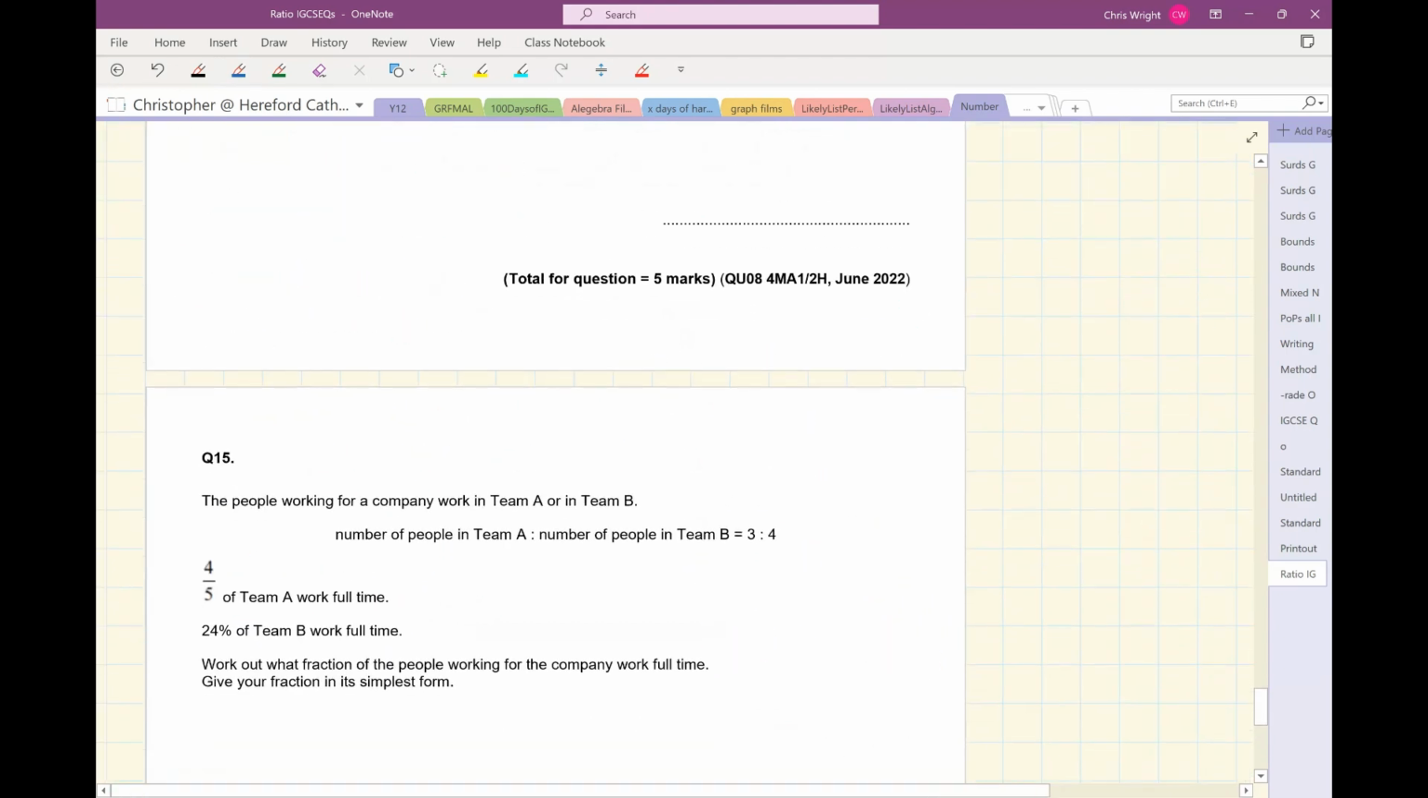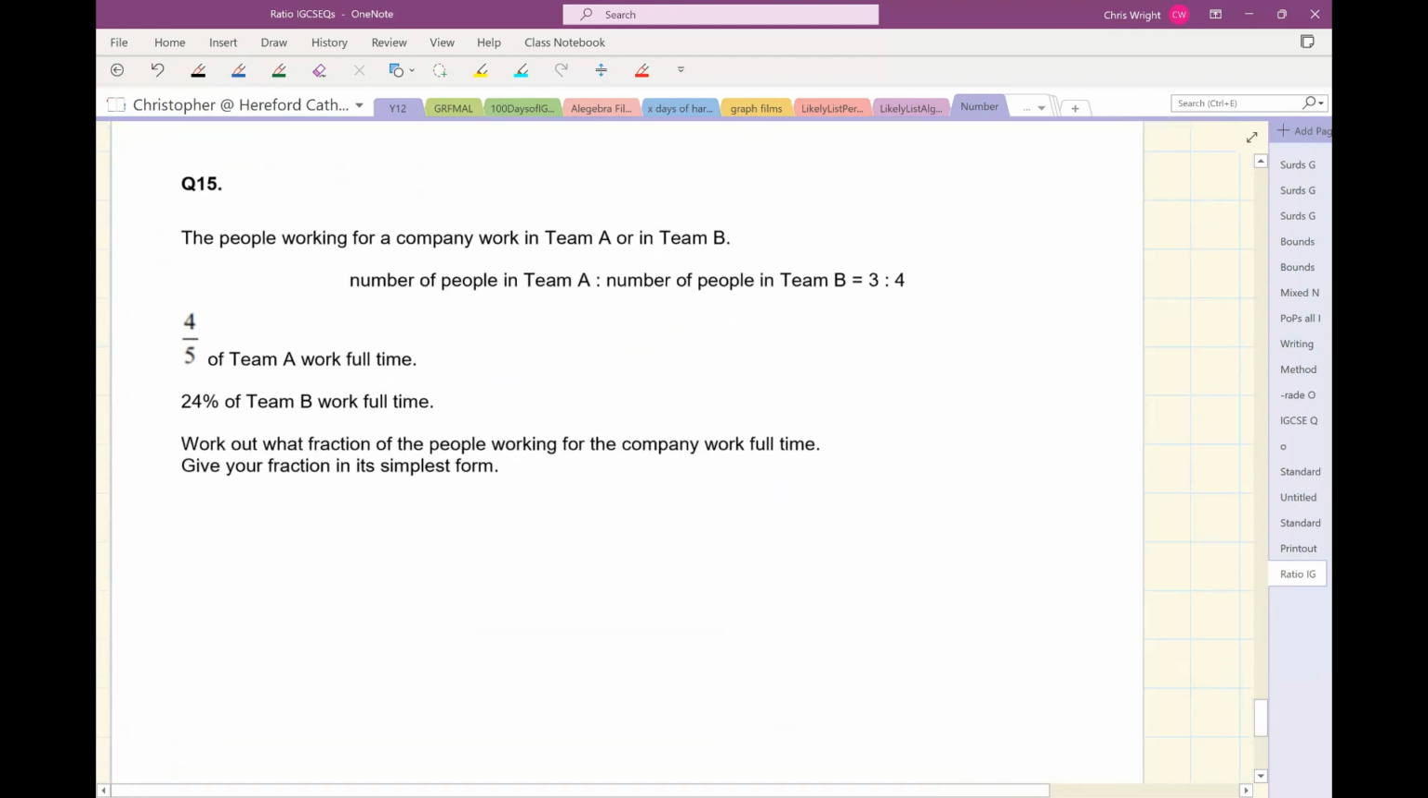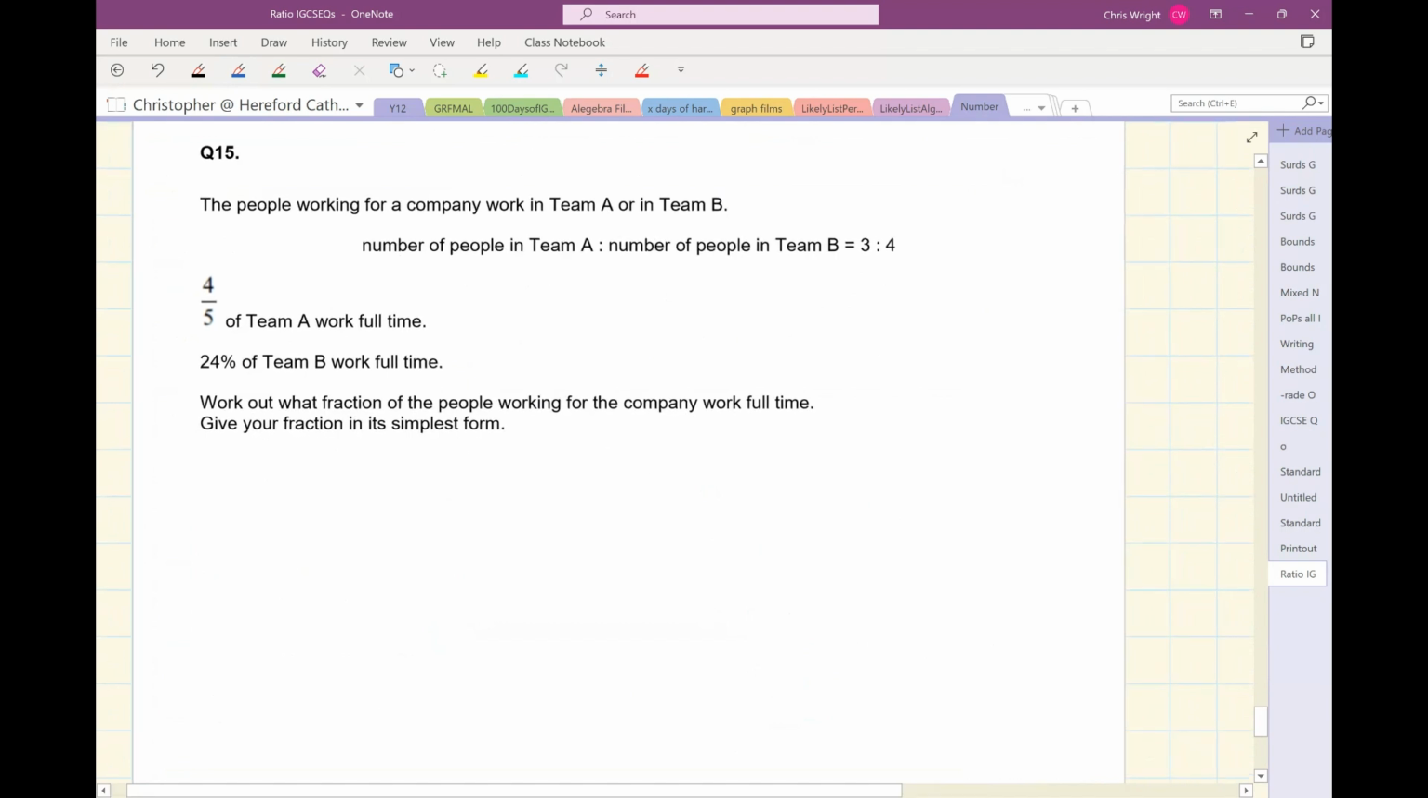Okay, last question. Question 15. The number of people working for a company in Team A or Team B. Team A to Team B, 3 to 4. Total is 7. 4/5 of Team A work full-time. 24% of Team B work full-time. Work out what fraction of the people working for the company work full-time. Give your answer in its simplest form. Now,